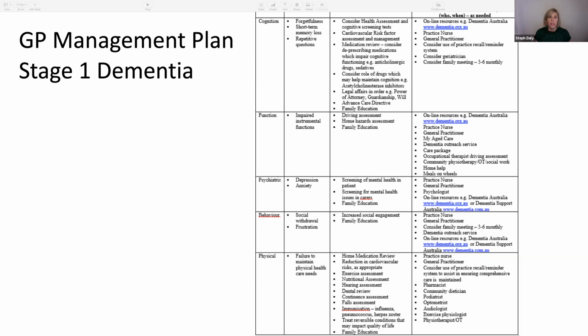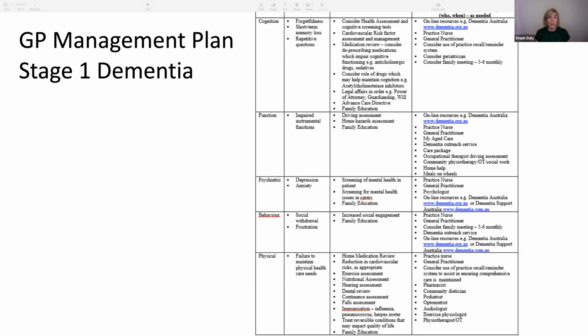Whether they work or not, I'd say they probably work in about 30 to 50% of patients, but in quite a subtle way. So you will notice that relatives or even the patient themselves might say that their concentration is a little bit better, they're a little bit more switched on. Sometimes people say the light is a little bit brighter in that person, but they're not having any massive effects. And at this stage, we do not have any medications that will have a massive impact on slowing the rate of decline of dementia.